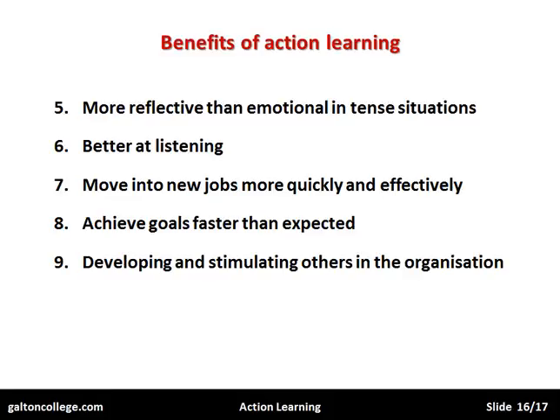So instead of one action learning team trying to cover the whole organization, because it doesn't have an expertise in all of the various departments, it might be better that each department has an action learning team specific for that department. So production would have one, stores could have one, distribution could have one, depending on the structure of the organization and the type of product being produced.